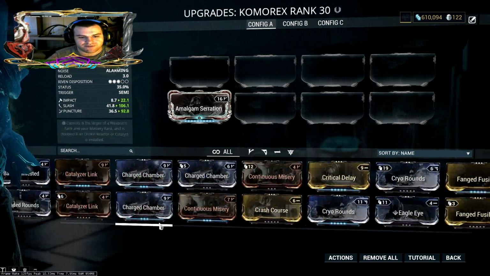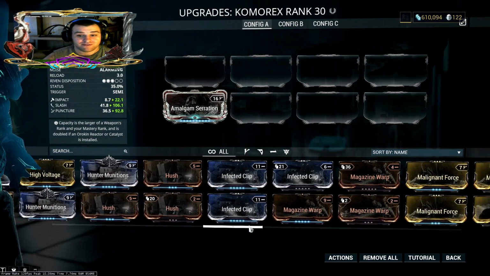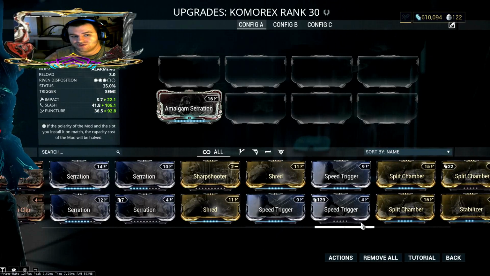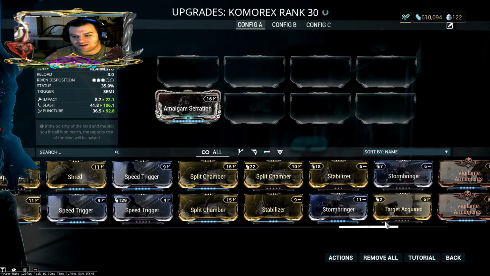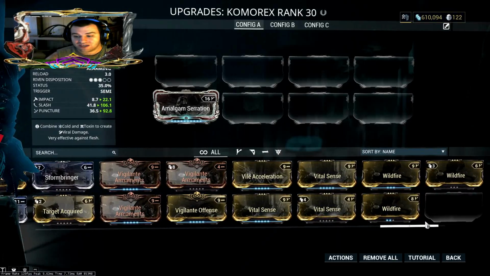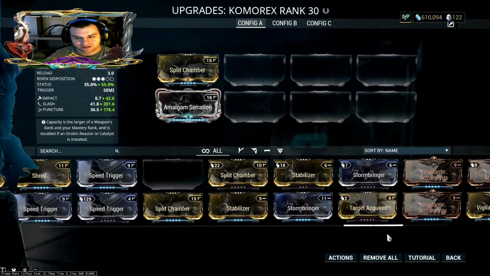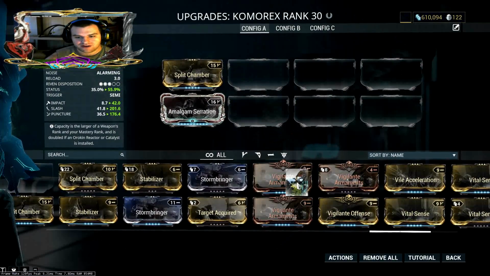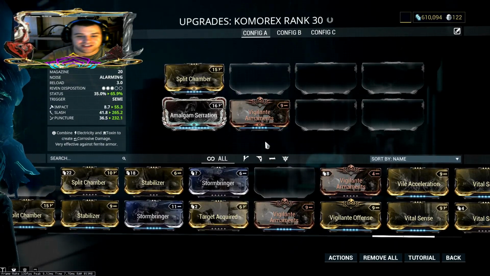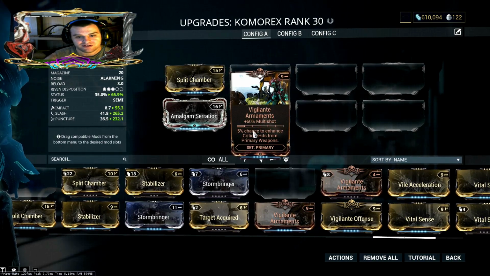So we're going to go with mandatory mods that I've seen YouTubers showcase in their videos, because I agree with them. I actually like the mandatory mods of damage with the multishots. And then we're going to go into mods that we can add that we can probably use for making this weapon pretty much a beast. So we're going to have Split Chamber, and going to put on Vigilante Armaments. And we're doing it this time without the other Vigilante Armaments stats like before. So if anything,